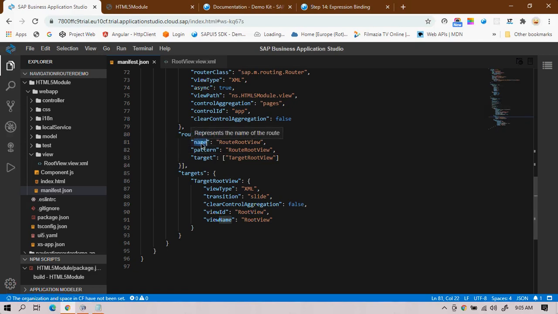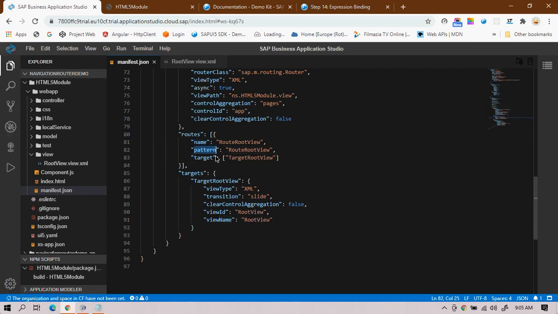With the help of this name you will navigate to the next view. This name is a very important property from the navigation perspective. Whatever name is assigned, you have to give that name in order to navigate. Then only the routing is done properly. In the whole project, the name should be unique for each and every route.